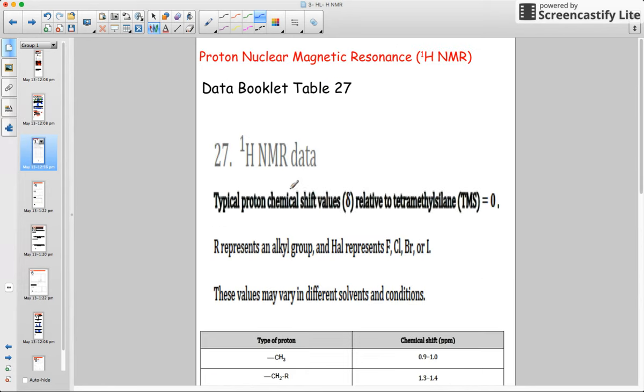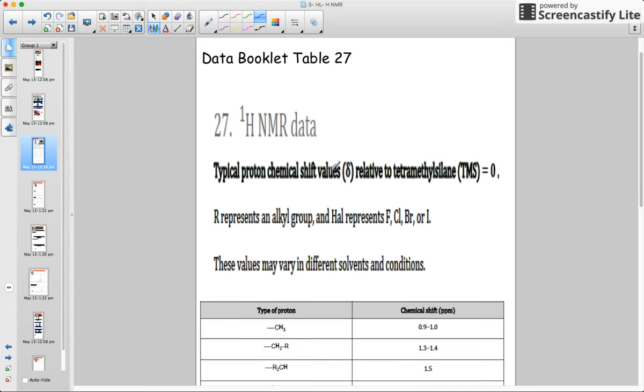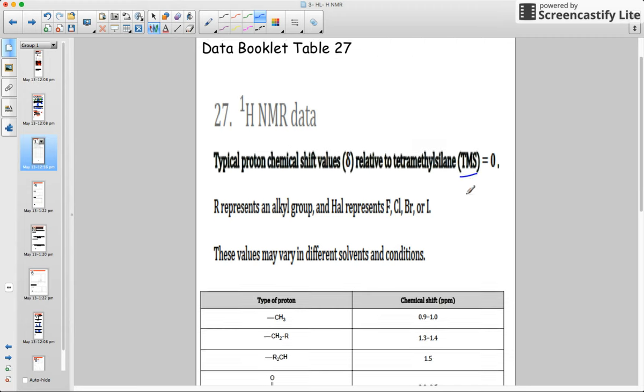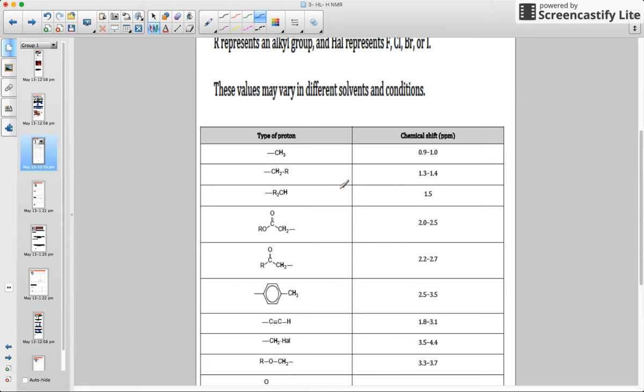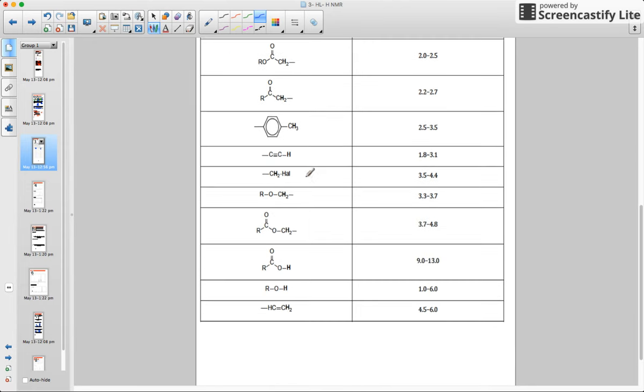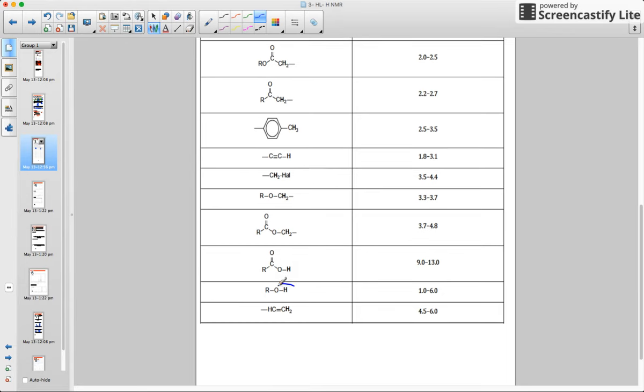And so here is table 27, HNMR data. It tells you it's relative to TMS. If we wanted to predict their chemical shifts, this tells us that H's that are on methyl groups should show up around 0.9 to 1 on the x-axis, whereas H's that are on a CH2 group in the middle of a carbon chain should show up slightly farther down, and ones that are on alcohols down here should show up